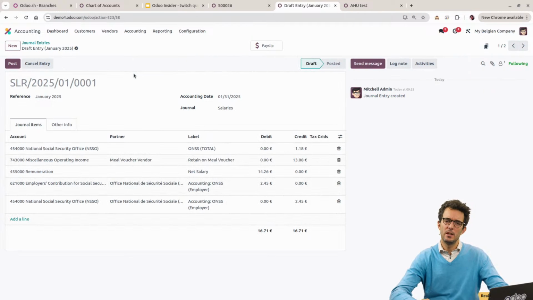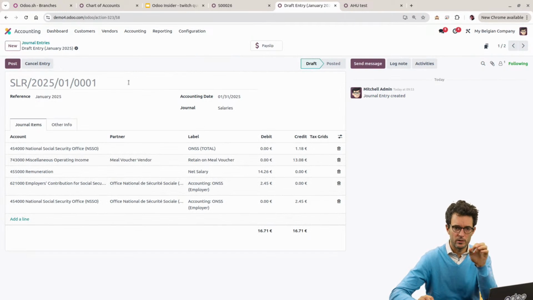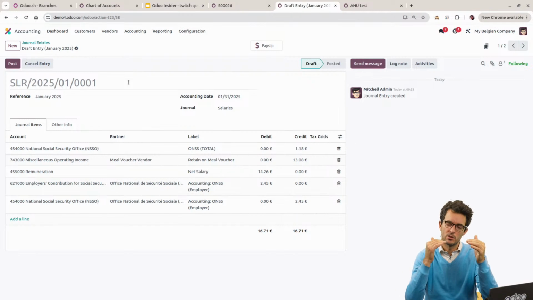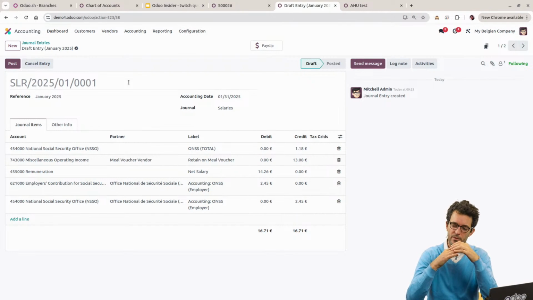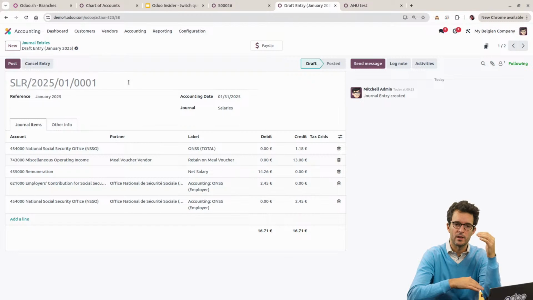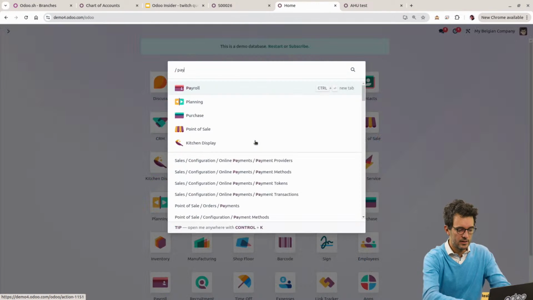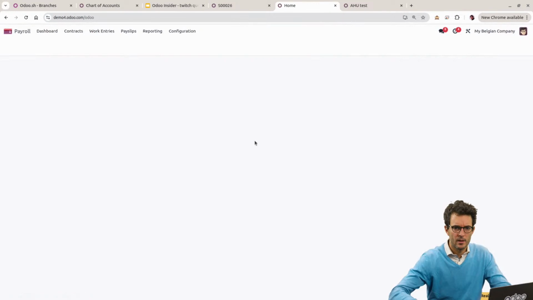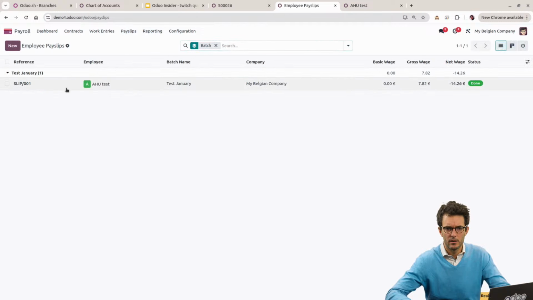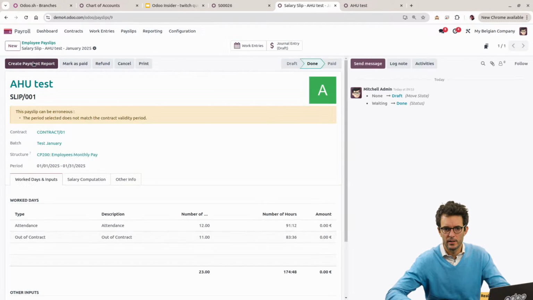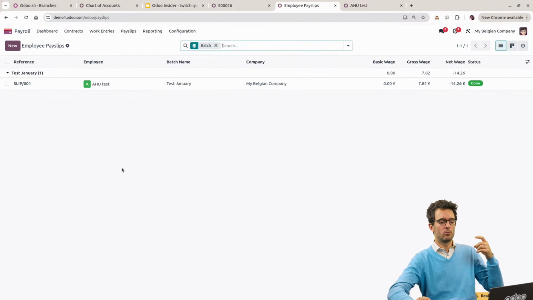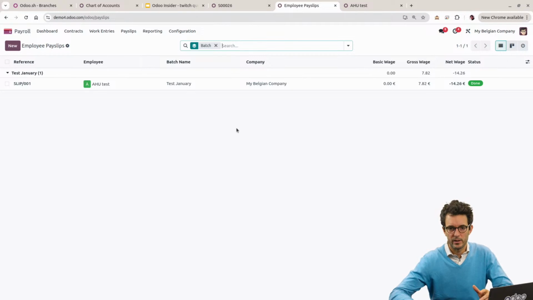So maybe I need to make a test with several partners, but that you can do on your side, I believe, checking with different employees if it creates entries that are globalized or if it's one entry per person. Here, as I did it from my only employee and not from a list view, I would expect it to be one entry per employee, so you would find the information, but it's true that it's